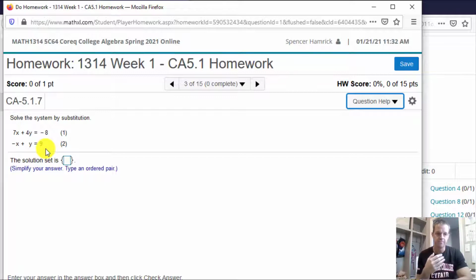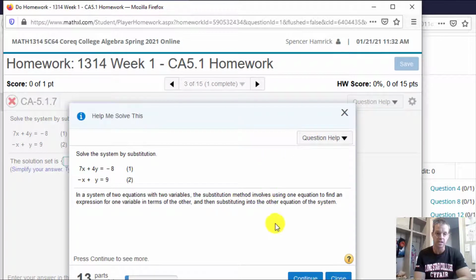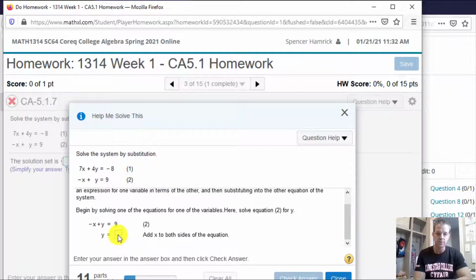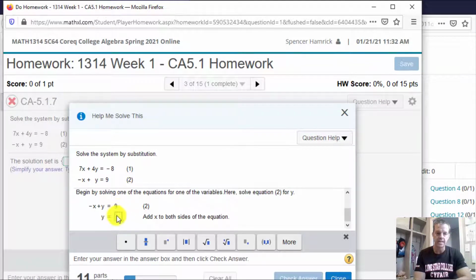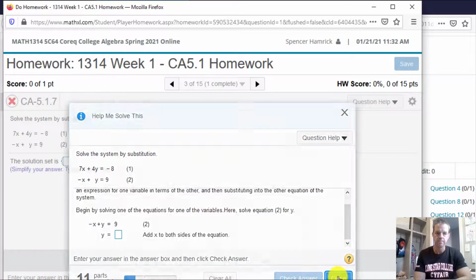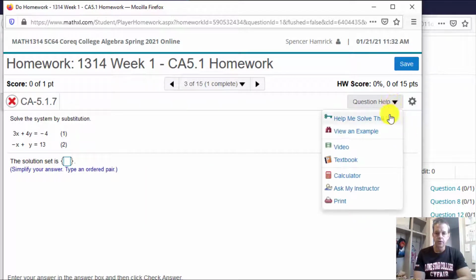If you're looking at it fresh and you don't know how to do it at all, I do like Help Me Solve This, because along the way, instead of it being a lot of text, there are things where you need to work alongside and type in an answer here in the blank. It's a little bit more of holding your hand along the way. The other options: this one actually has a video,